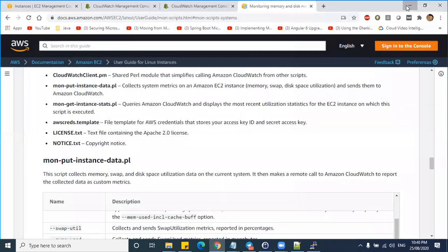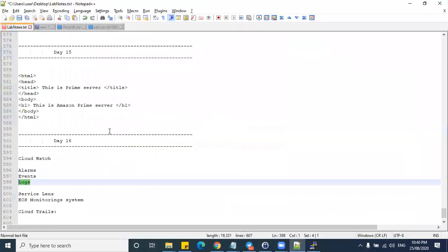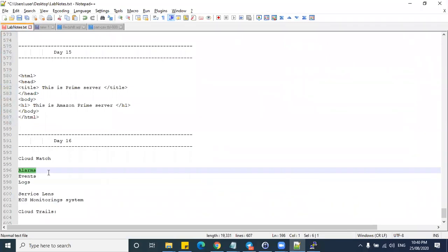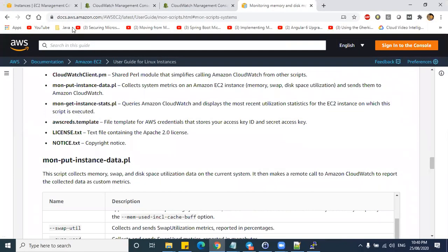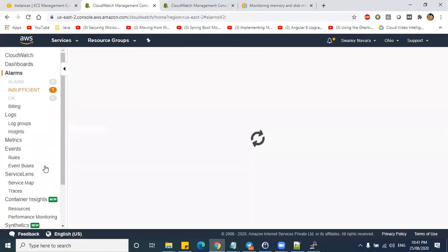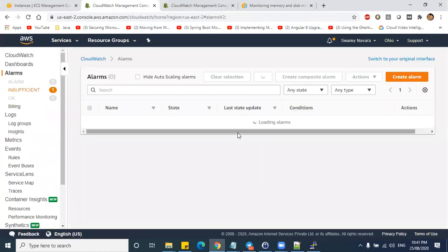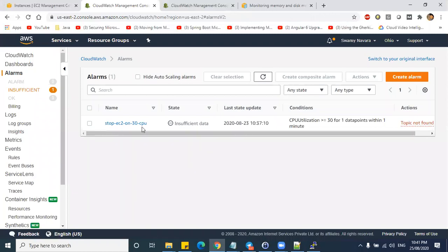Okay, now let us see alarms in CloudWatch. So how to configure alarms? Go to our CloudWatch dashboard. Okay, now I have one. Alarms will have three states.